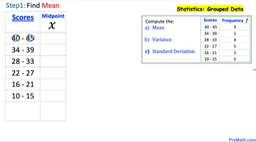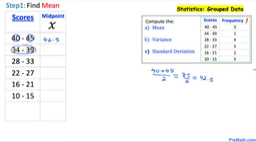To find the midpoint of 40 and 45, just write them down, 40 plus 45, and always divide by 2. That is going to give us 85 divided by 2 equals 42.5. Let's write it down, 42.5. To get the midpoint between the next two points, let's add them up and divide by 2, and we are going to get